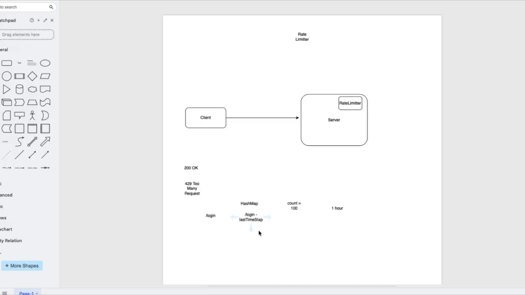But for the second time, once the request comes in, since we already have the key login in that map, what it can do is check the last timestamp and compute the current count. So it will do like this. We already know you are doing this per hour, right? So what we can do is,